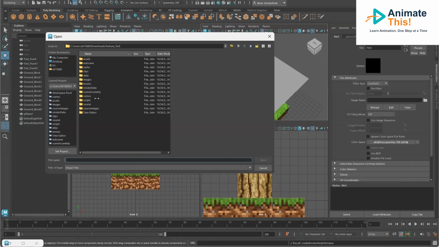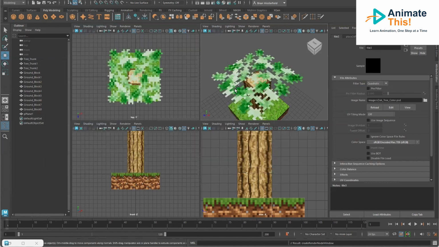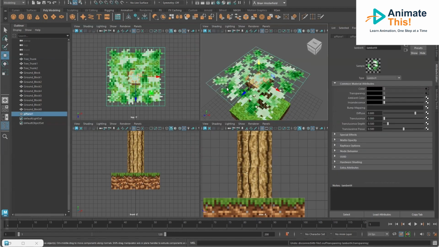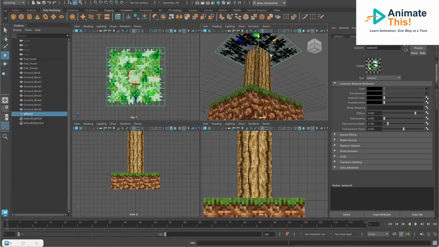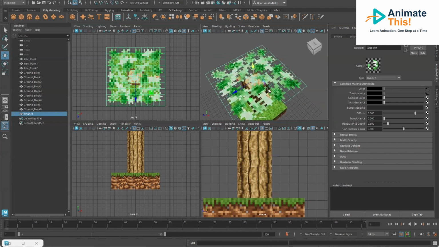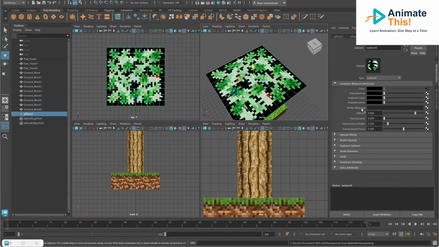Go to my textures folder, and for color, I'm going to go into the images, and I'm going to choose this oak tree color PSD. All right, so looking at it, you'll see that it's transparent, which it should not have started that way. But if you look here, it applied the texture to my transparency layer as well. If I right click and tell it to break connection, you'll see that it has the actual